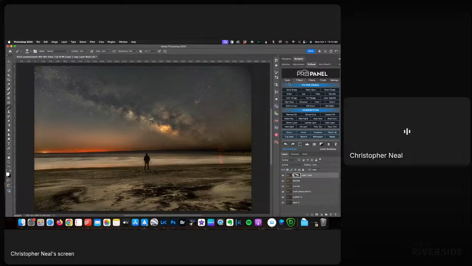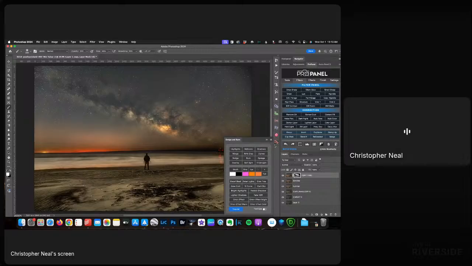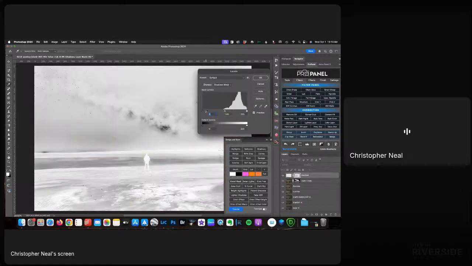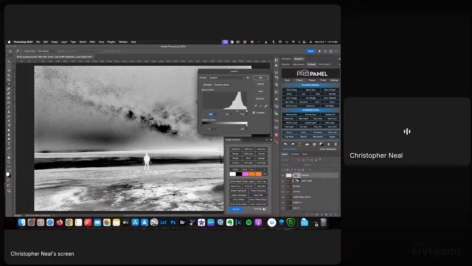So my next step is to apply a bit of dodge and burn. There's a couple of different ways you can do this. You can apply dodge and burn in Pro Panel. It has the ability for you to do that. You can create a dodge and burn layer and then apply luminosity masking. But my personal preference is to use RiaPro and run a dodge and burn layer, and it will automatically pull up to create a luminosity mask. And we're going to adjust this luminosity mask